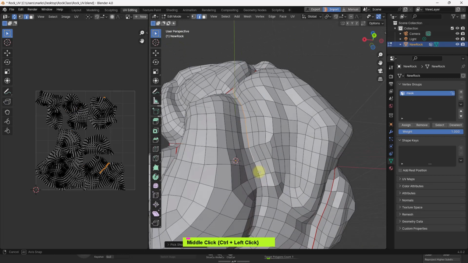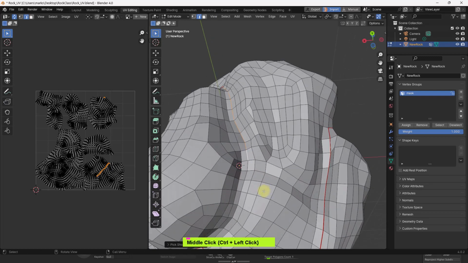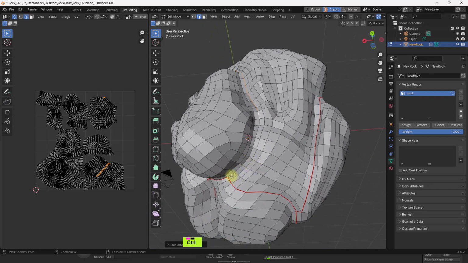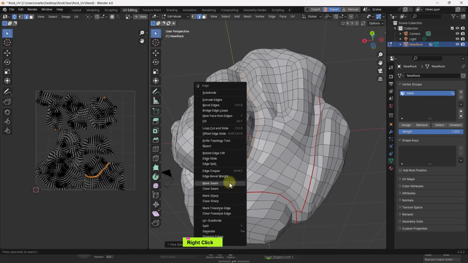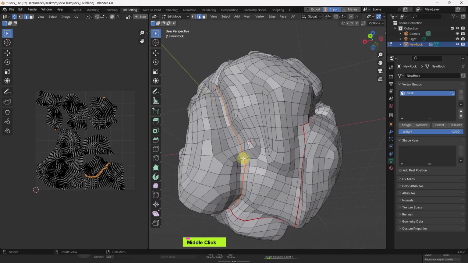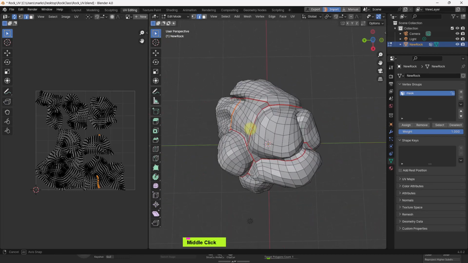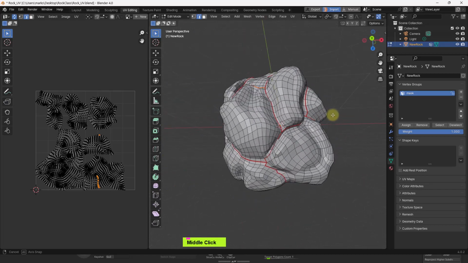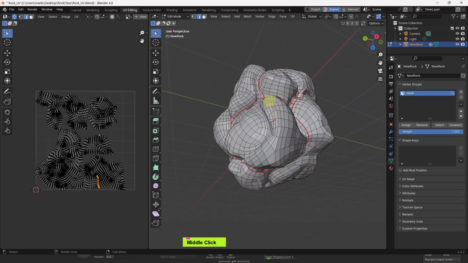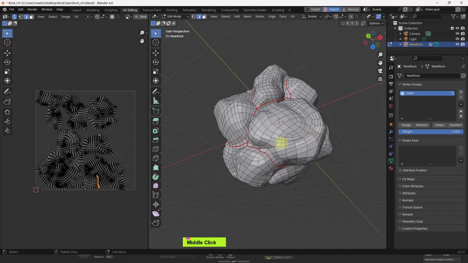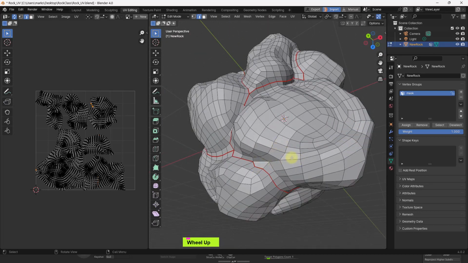So there we go, and mark seam, and here just mark seam, create a smaller cluster. Yep, that's it. Here's one that's split up. This is also big. I don't think it's beneficial to have that big of a chunk. So holding Control